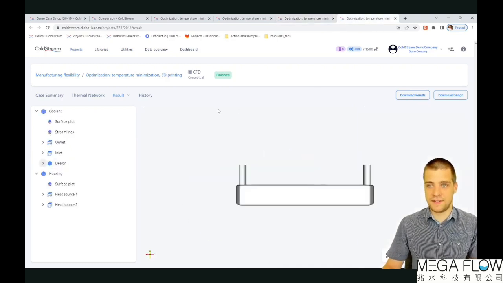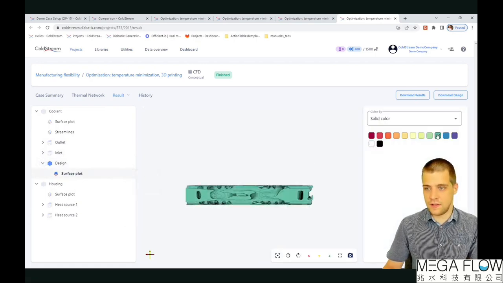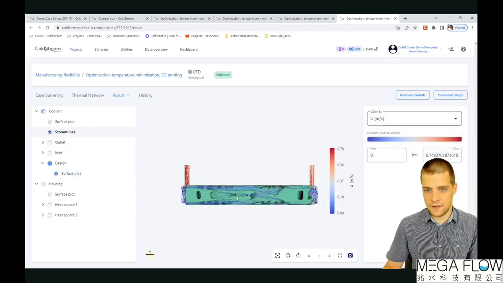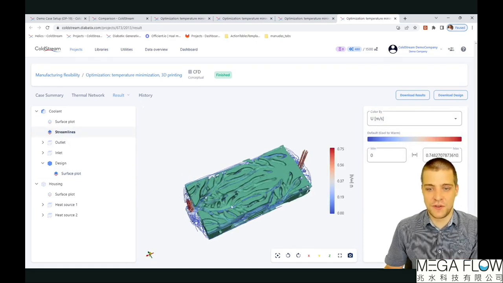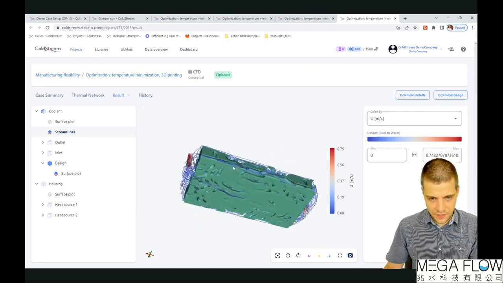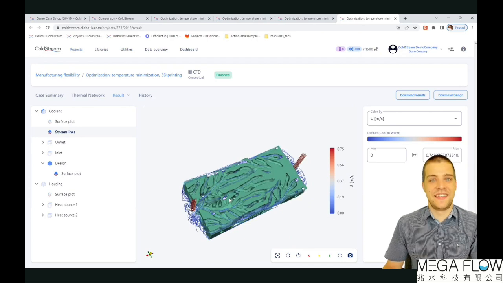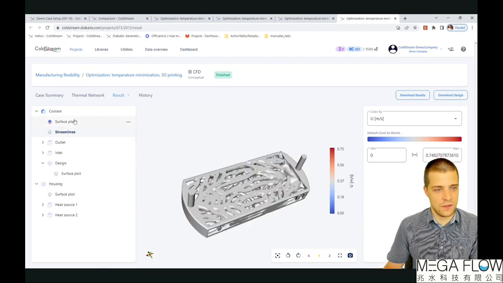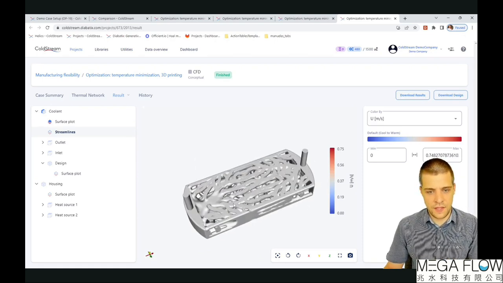And then the most interesting case is of course the 3D printed design, where ColdStream has the most freedom to do whatever it wants. If we solely look at this, it's not immediately clear what ColdStream did. For that, we'll have to have a look at the negative, so the remaining fluid, and it becomes immediately clear